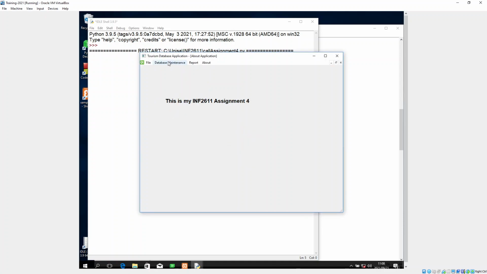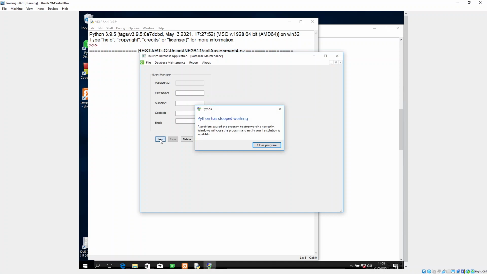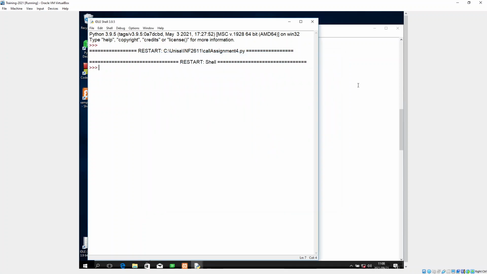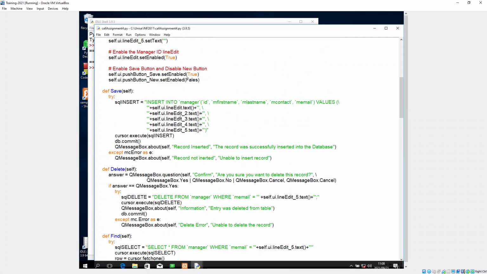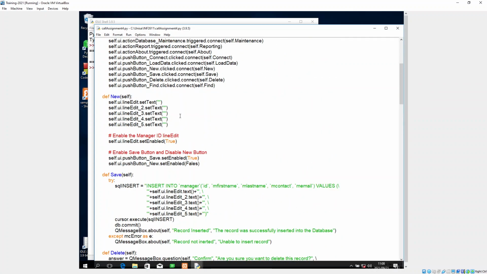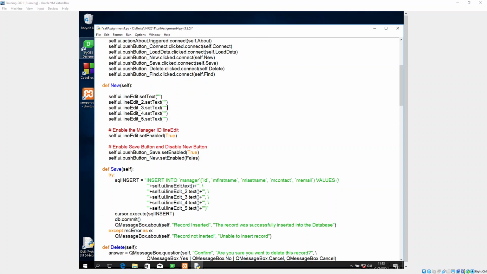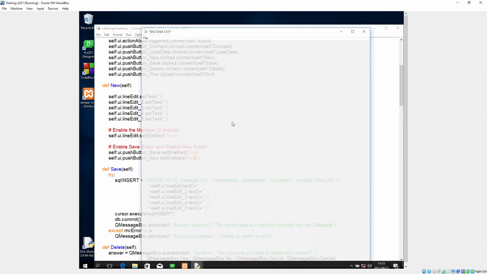Okay, and so I'm going to database, going to database maintenance. As you can see, there's nothing here, so I'm going to click on new. Let's see what it does. Oh, doesn't like something. So my new's got some bug in it, and I need to figure out what bug is it. Okay, so I've tested the program, and what it was I misspelled false over here, and so this is causing the problem. So now if I click on run, go run module,